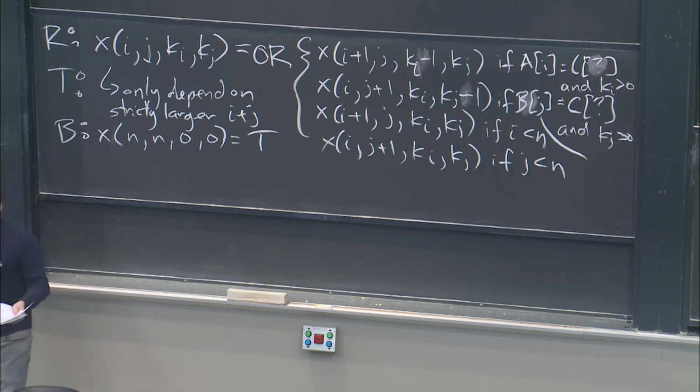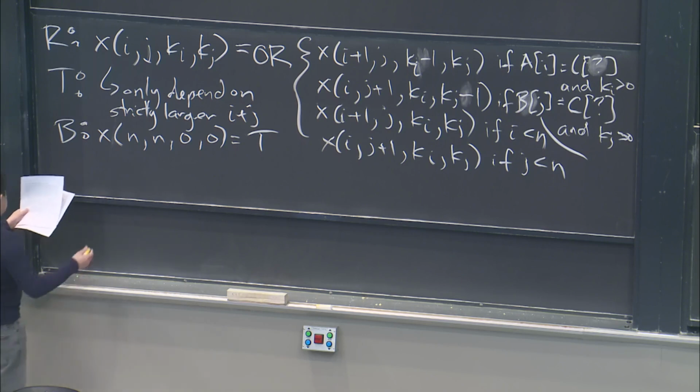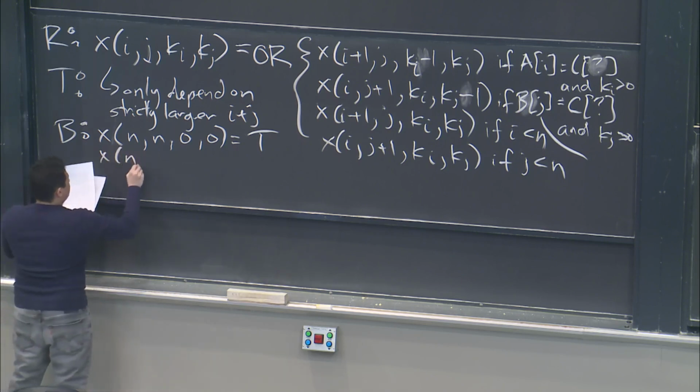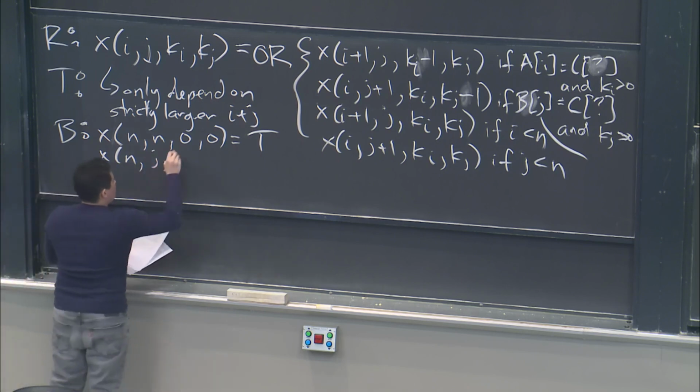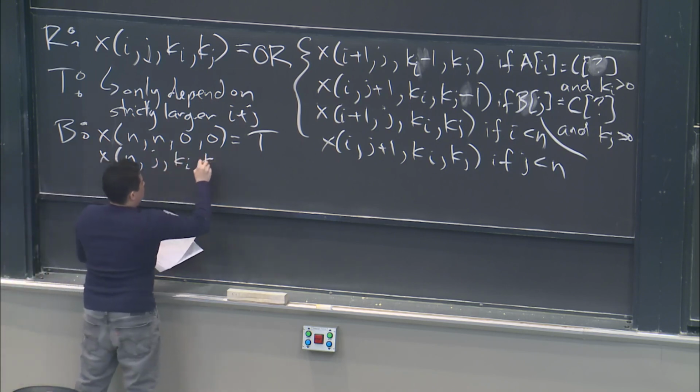Otherwise, we have some false base cases. If you set something up like this, and you only give a base case that's true, and you're ORing over the things, your answer will always be true. So you're not having any discriminatory power at all. If you give a true base case, you better be giving some false base cases, or at least one. So in the case where the first one is n, and we have some i, k, j,